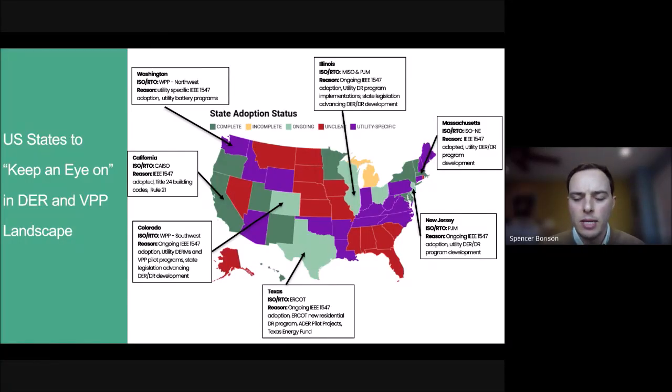I'm going to dive a little bit deeper into a few of them that we think are some of the interesting emerging states. I'll mention, and I've got another slide towards the back, that California has and continues to be at the forefront of some of this regulatory work, as well as some of the adoption and testing. There's a number of different standards. Folks have probably heard of California Rule 21, which is a requirement for IEEE 2030.5 for inverters through this CSIP subset, like I mentioned. And then there's also a number of other things for building codes, Title 24, and they also have now an evolving standard through the Flexible Demand Appliance Standard, FDAS, which is starting to roll out and